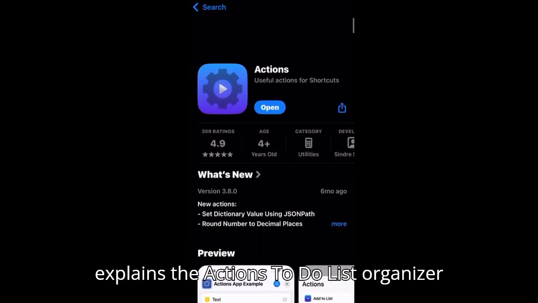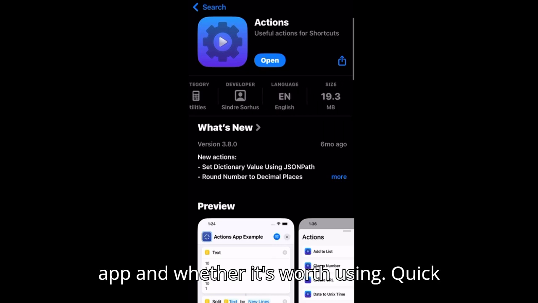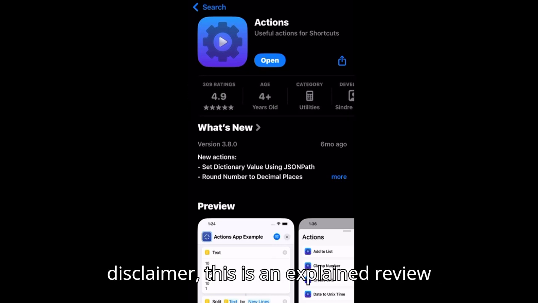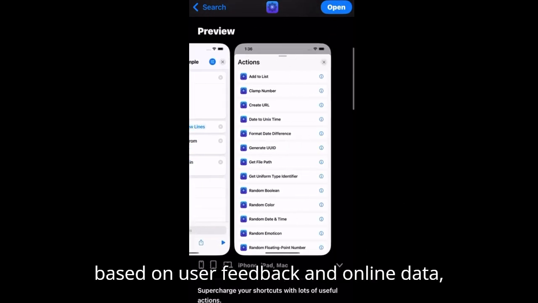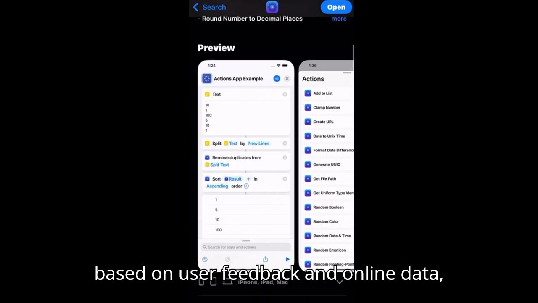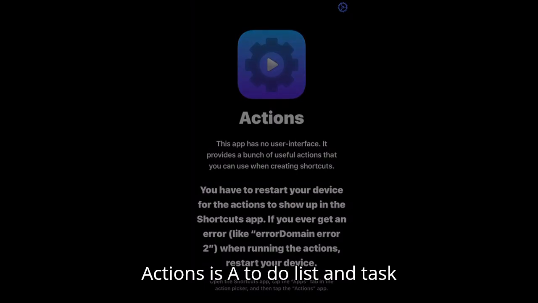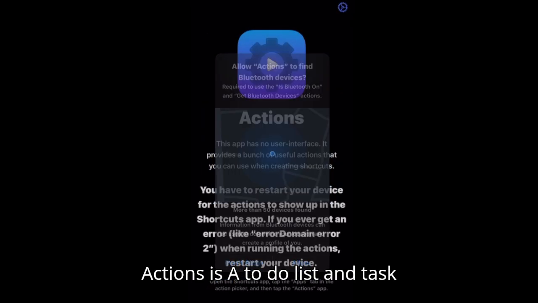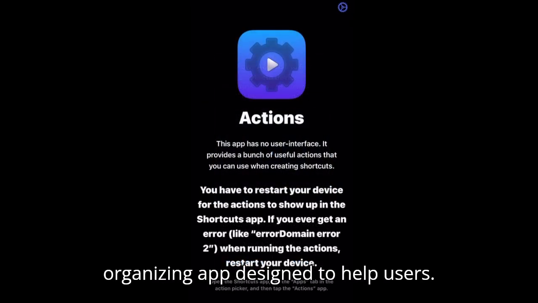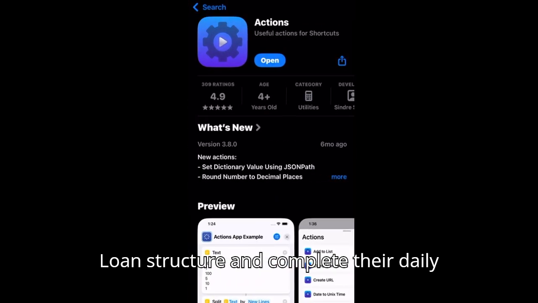This video explains the Actions to-do list organizer app and whether it's worth using. Quick disclaimer. This is an explained review based on user feedback and online data, not personal use or a visual demo. Actions is a to-do list and task organizing app designed to help users plan, structure, and complete their daily